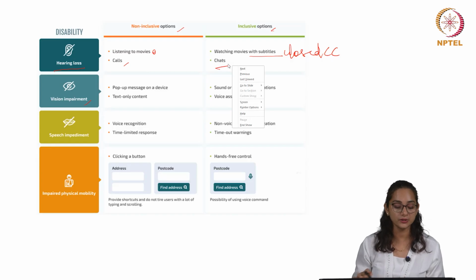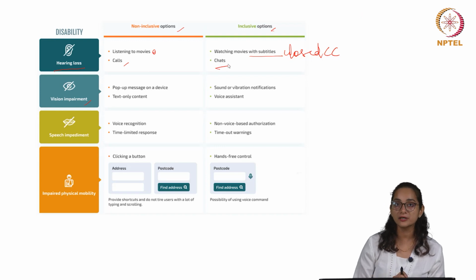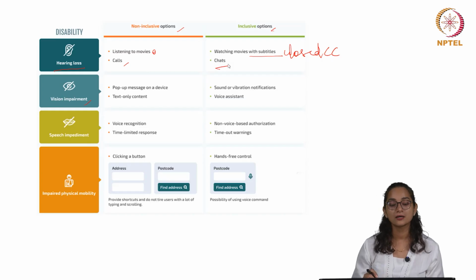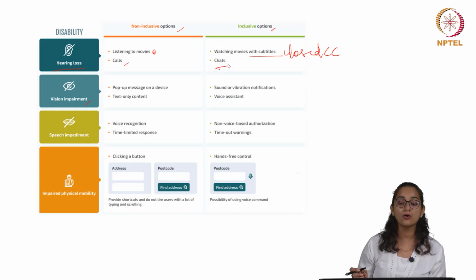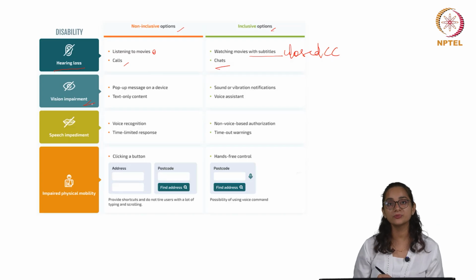A good example is this: I'm sure all of you have used various interfaces to hail cabs or taxis, and you might have noticed that there is an option to call the driver as well as chat with the driver. So in case there is a hearing loss at either end, chat can be an easier option, or vice versa. If there is a vision impairment, then probably chat is not an accessible option, but rather a voice call can be a more accessible option.